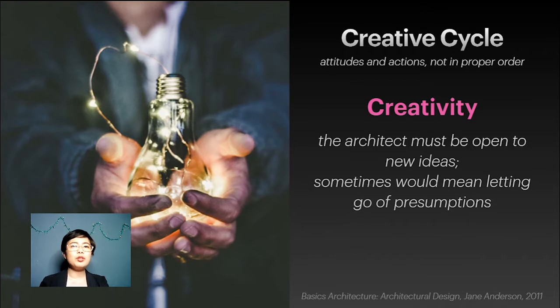So, how are you going to adapt that doon sa design mo? Pwede mong i-adapt yun, pwede mong idagdag, or you can simply let go of the presumption. Pwede yung una mong idea, yun yung ila-let go mo. Parang, ay, hindi na pala to pwede. Mas maganda pala yung bago kong idea. So, yun yung meaning din ng creativity, na you have to be open to new ideas. You have to also be ready to let go of the ideas that do not work.